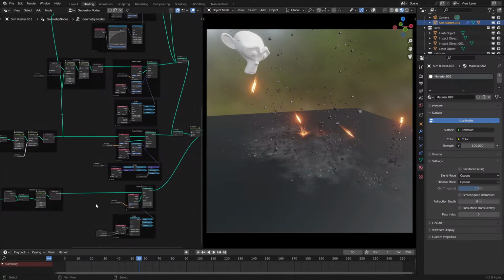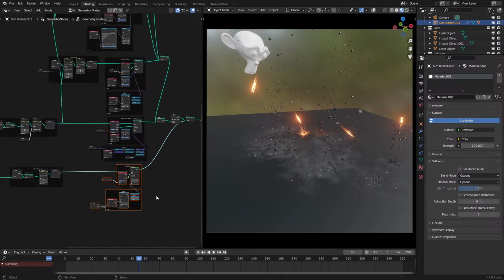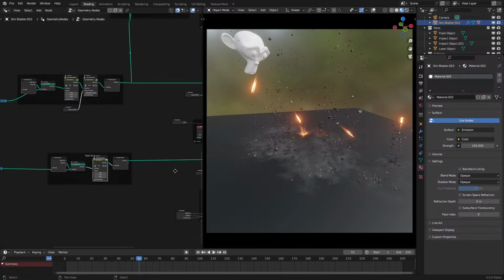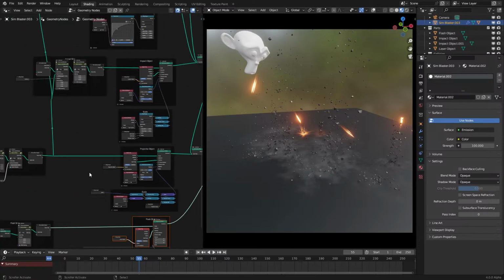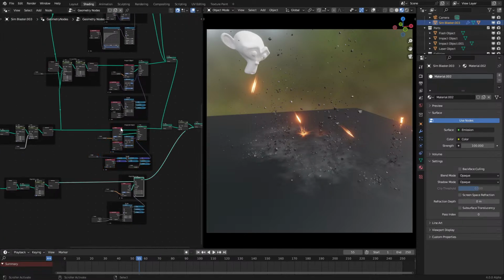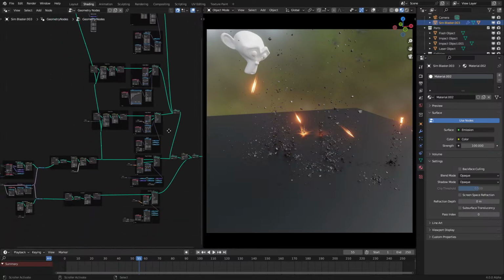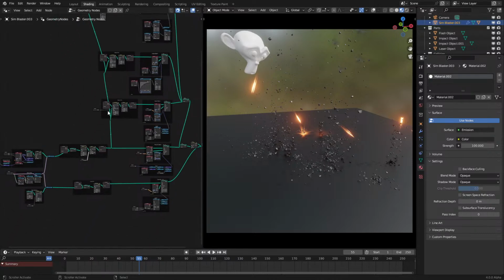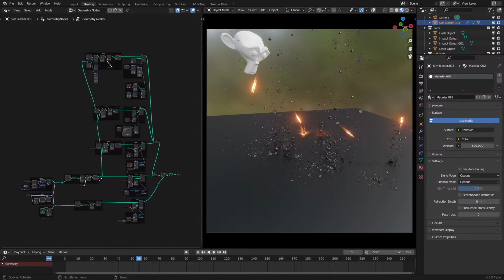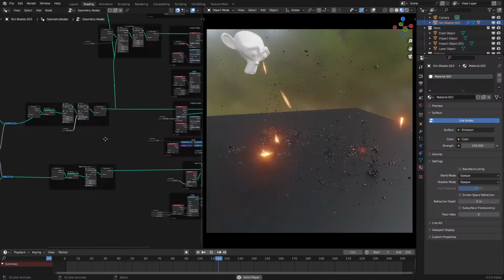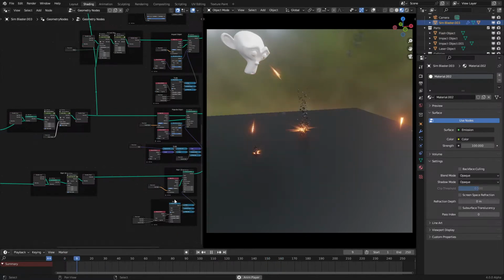Yep, so with this setup, with these node groups, it's not too complex, it's just there's so many layers to the effect. There's 1, 2, 3, 4, 5 elements, and 1, 2, 3, 4, 5 simulations. And then the setup for the firing stuff. It's complicated, but for the amount of stuff, it's